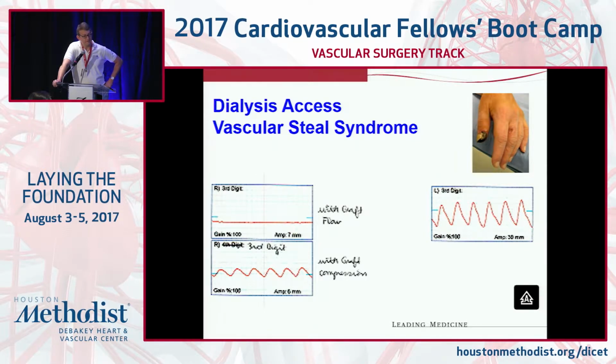And if they have pulselessness at the wrist, if you just compress their fistula with your hand and then examine their wrist with compression of the fistula or the graft, well, then you'll get return of pulses. And really, you can diagnose this problem just on physical exam. But then it's nice to actually quantitate this a little bit and prove it in the laboratory with digital plethysmography,